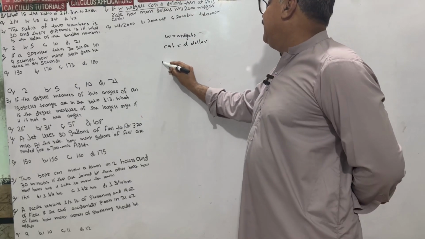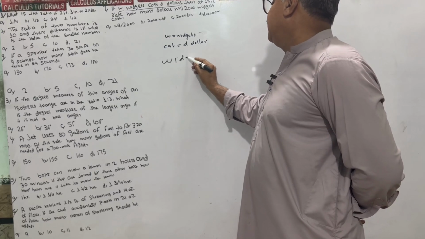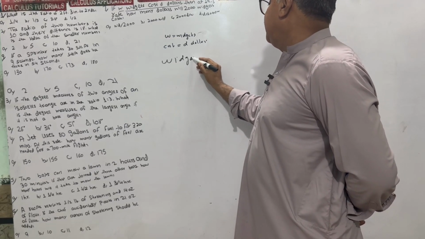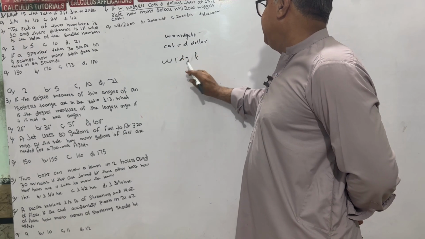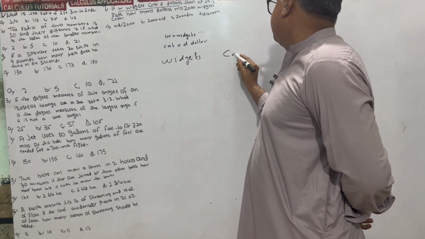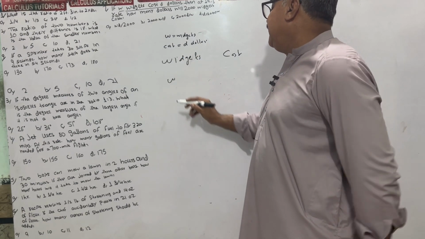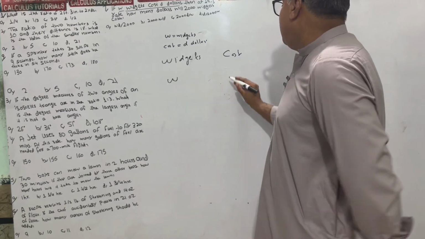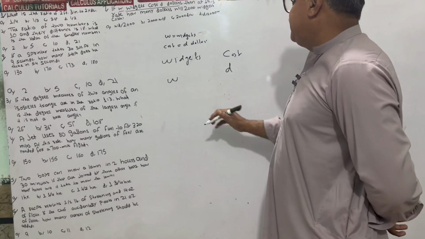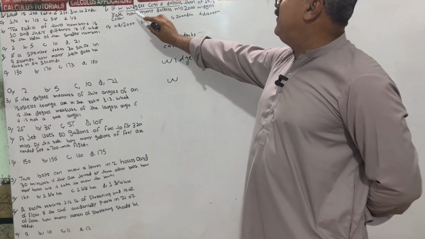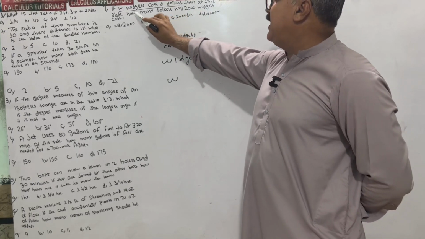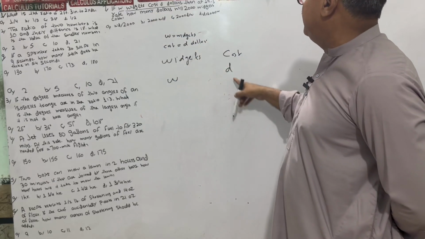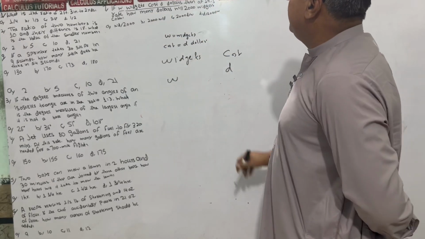Let me write in ratio fashion: widgets and their cost. W widgets is the quantity of widgets, and W widgets cost D dollars. I have written it. Then at this rate, how many dollars